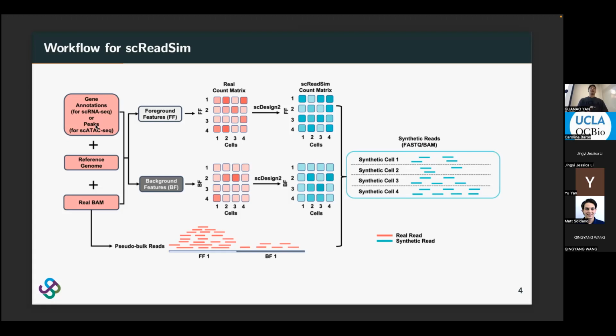And for users, they may have different tastes of which one is better. They prefer which one, I don't know. So we want to leave this choice for the users. And given those input files, like the gene annotation files and the peaks, we construct the foreground features and